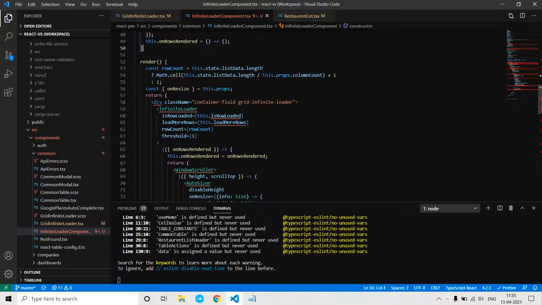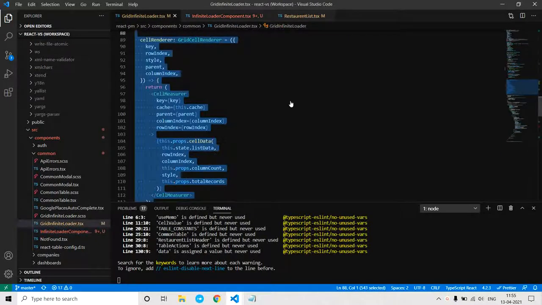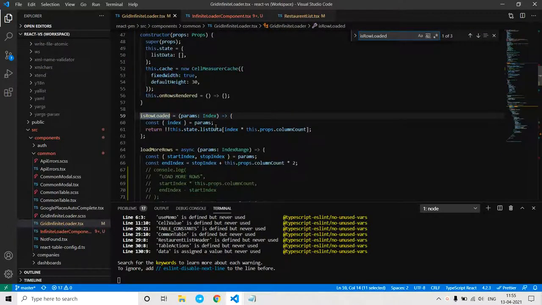So this infinite loader component takes these props. First one is row loaded, basically a function. This is going to return true if the row is already loaded, otherwise false. Let's copy this function so that you can understand well.